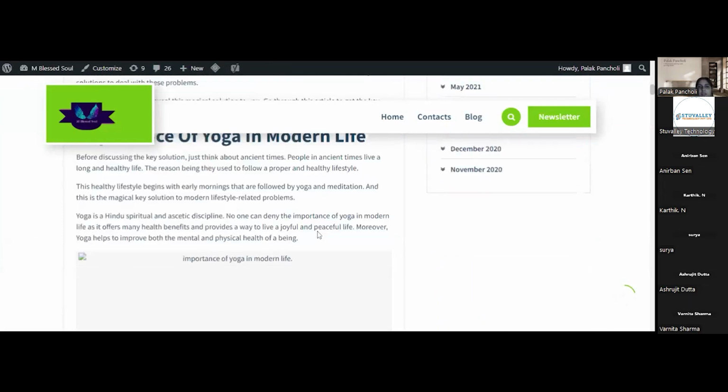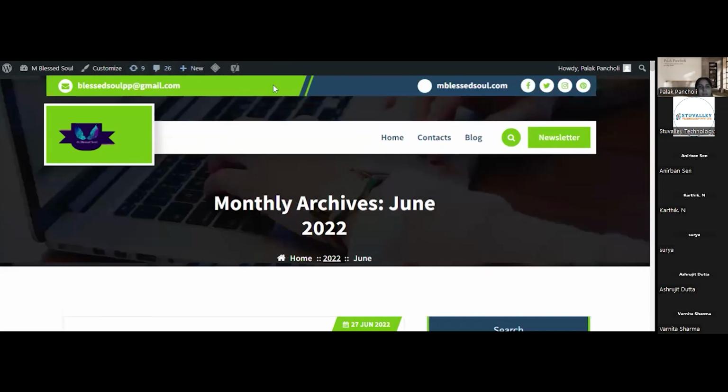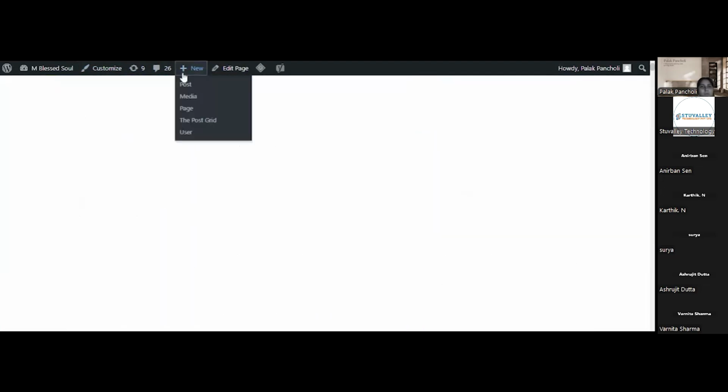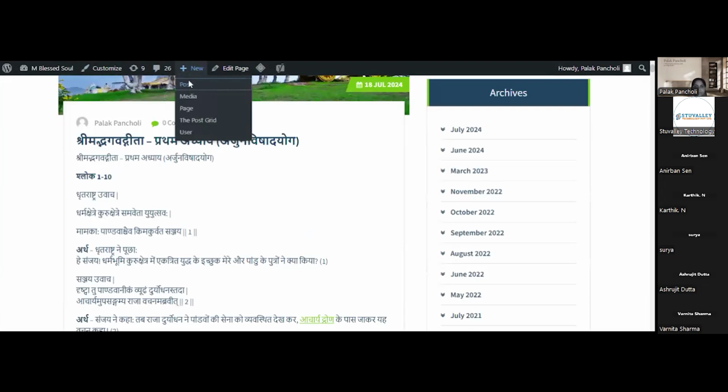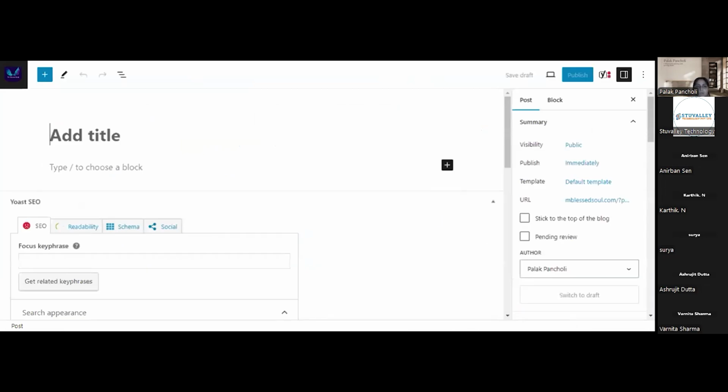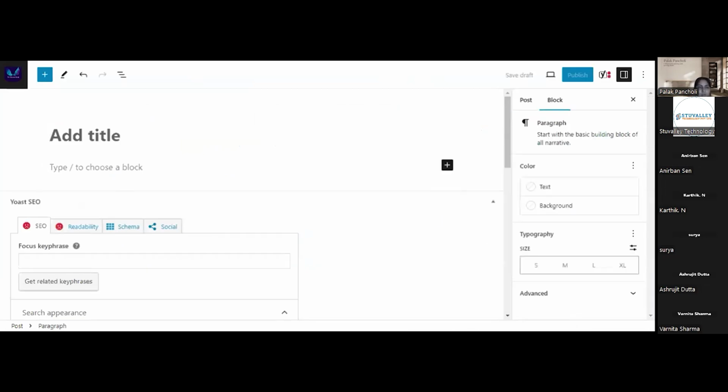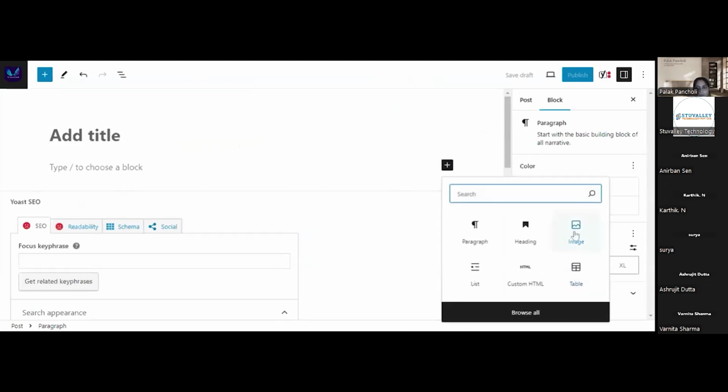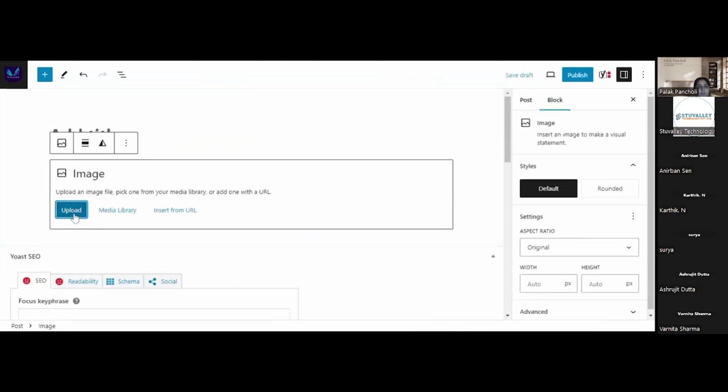After this, let's edit this. Okay, so here if I want to add any image, I'll go to this block and click on this plus button here, click on image and upload any image from the desktop.